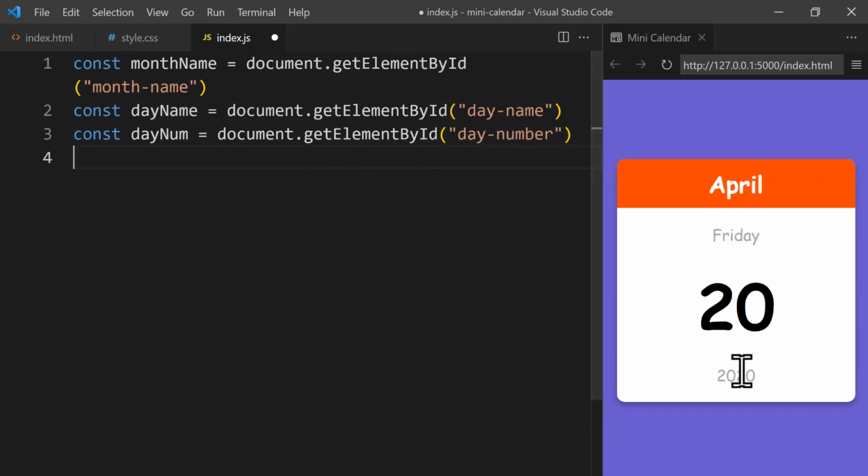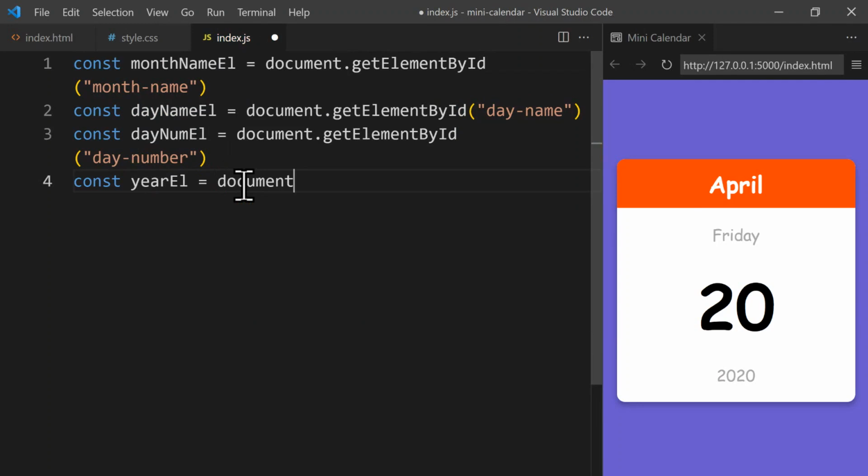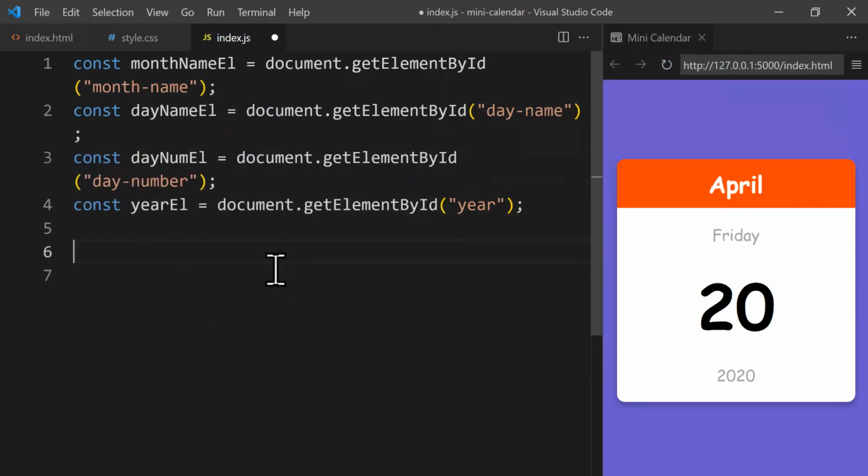The next one is the year. So we just say const year. You can add element at the end, so it would be more visible and readable. All right. So we just say document.getElementById, and the ID is year. All right. We already brought all the elements we need to manipulate inside the JavaScript, and then we need to